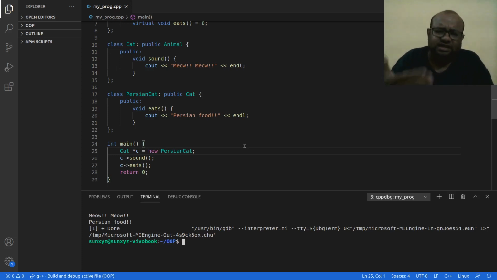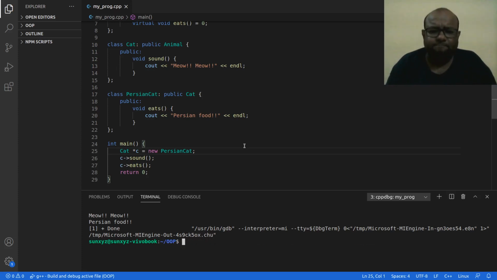Now this is abstract class, pure virtual function, and concrete class. A concrete class is in this case this Persian cat class. So no pure virtual function is left in Persian cat class. Every function that is there is fully implemented. Unlike cat class and animal class: cat class has one pure virtual function, animal class has two. So if there is at least one pure virtual function, my class is going to be an abstract class, and I cannot create an object out of that, but I can create a pointer of that, right? So interesting, this is what I have.